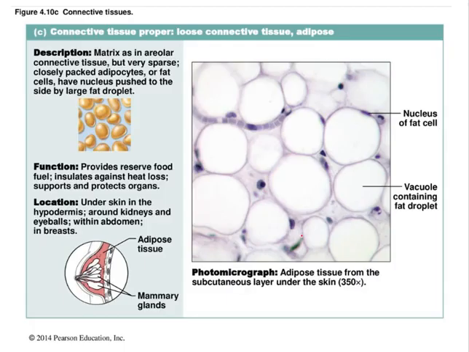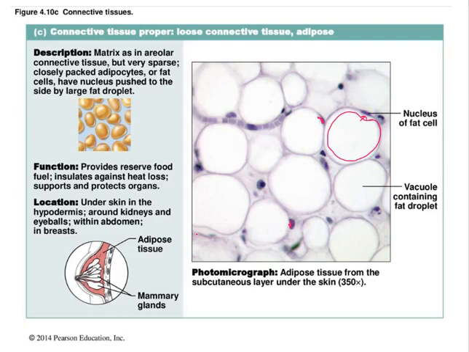And this is the histology image of the adipose tissue. It's very easy to distinguish adipose tissue as the cells seem like round, empty cells under the microscope. Actually, the cells are filled with a big droplet of lipid, and this big droplet pushes the nucleus to the periphery of the cell. So we can see the nucleus of the cell at the periphery,